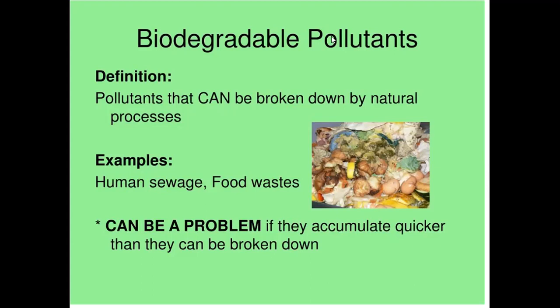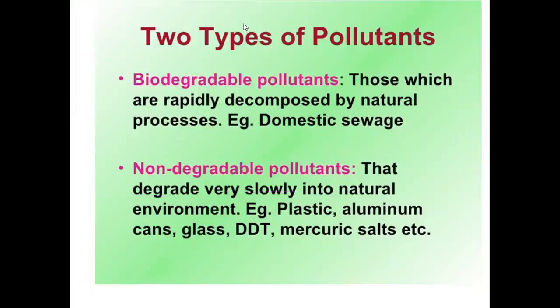As for example, you can see here, this is nothing but waste. Human waste, or the domestic waste product, is called biodegradable pollutants. This is human sewage and food waste. Now come to the next: what are the non-biodegradable pollutants? There are two types of pollutants, biodegradable and non-biodegradable. Biodegradable pollutants are those which are rapidly decomposed by natural process, है ना।